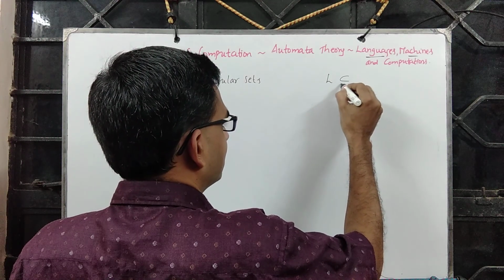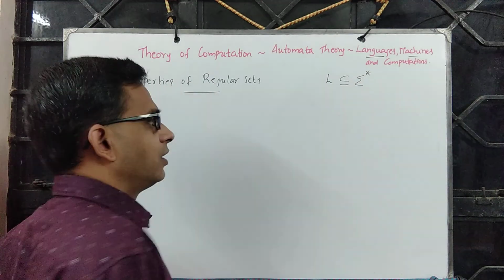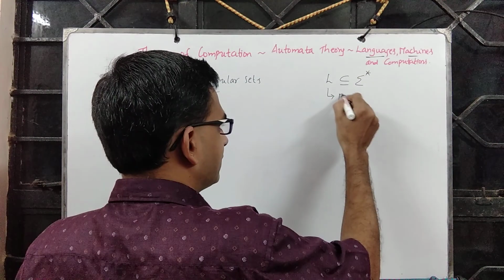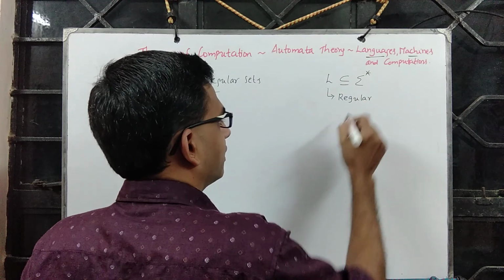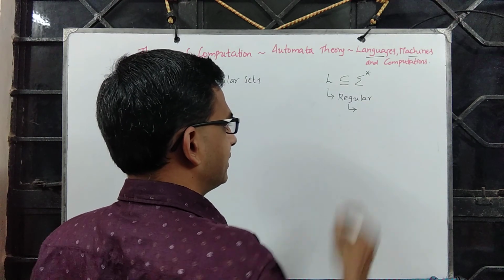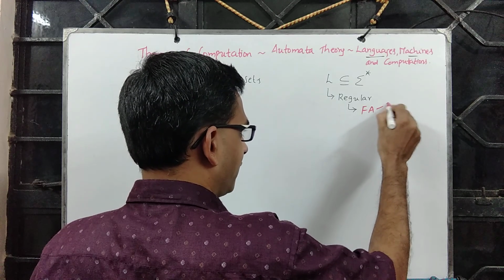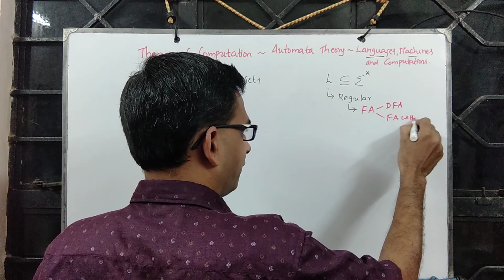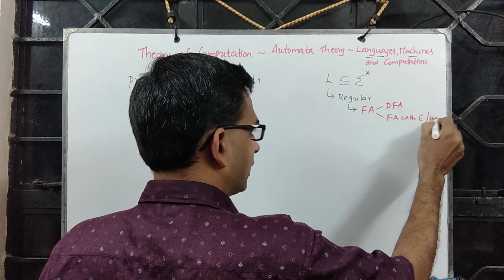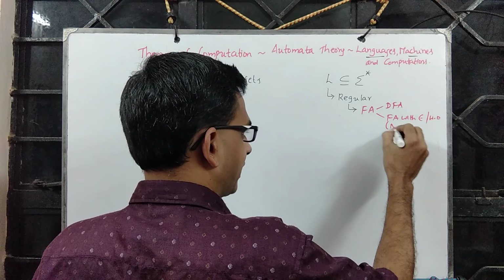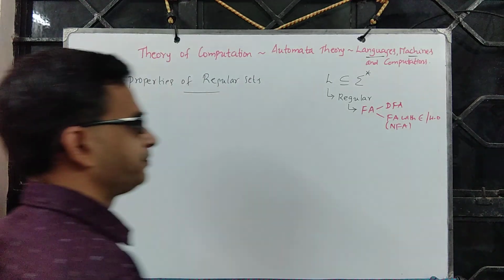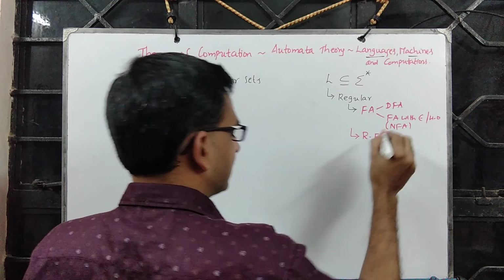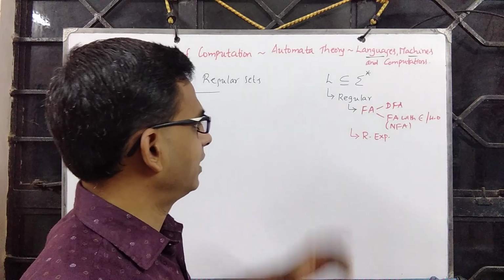What we have seen so far is the following. Given a language which is a subset of sigma star for some finite alphabet sigma, when we say this language is regular, it means one can construct a finite automaton. It could be a deterministic finite automaton, or a finite automaton with epsilon or without epsilon, which means one can bring non-determinism over here. One can also come up with a regular expression, which is a succinct way of representing